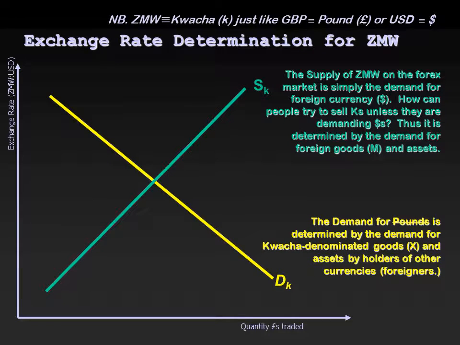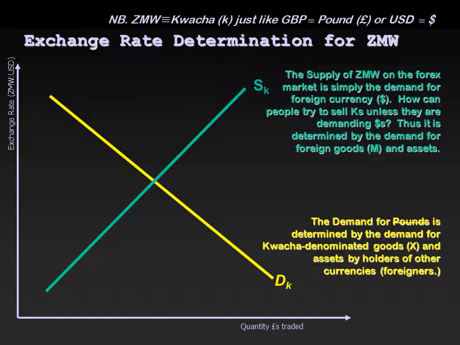I've used the kwacha, that's the currency of Zambia, as an example in this graph, just because Zambia is our main country on the stimulus. So the supply of your currency, in this case, let's say we're Zambia, is the supply of kwacha, the green line here, and it's determined by your demand for foreign currency as a Zambian. So that's your demand for, say, oil that comes from Nigeria, or American products, which are all measured in dollars. So it's really determined by our demand for imports, both imported goods, but also imported capital and imported financial